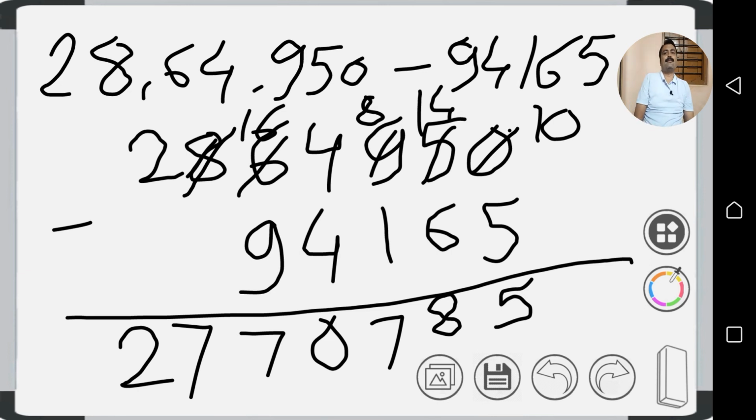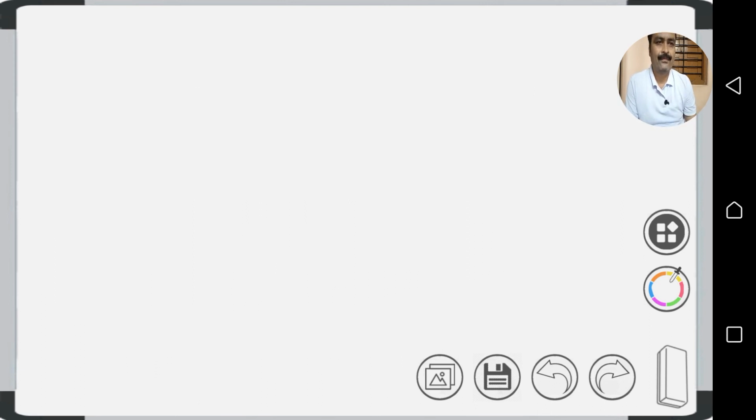So the final answer we get here is 27,70,785. So in this way we are doing the subtraction without making columns. So again we want to take another example here, that is the 5th example in front of you, to explain the same fact again. So the example is in this way: